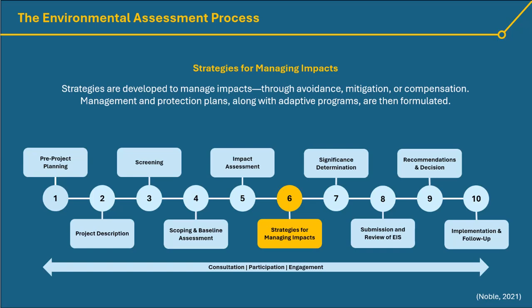Now, after that impact assessment stage, we move on to strategies for managing impacts. So, once the impacts are known, the proponent is going to have to propose mitigation measures or design changes, pollution controls, community benefit agreements, habitat offsets, or possibly even redesign their entire project, right? So during this stage, the key question is, what happens when impacts can't be fully mitigated? And that is going to lead to this idea of residual impacts, which is very important for us in this class, right?